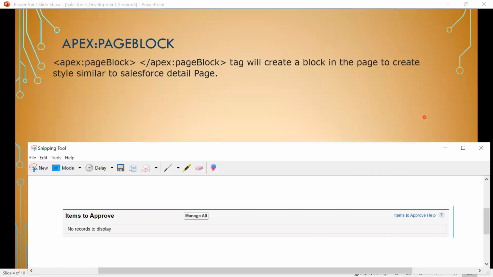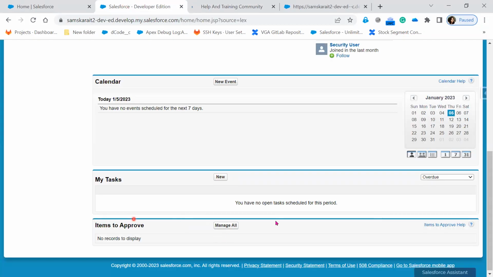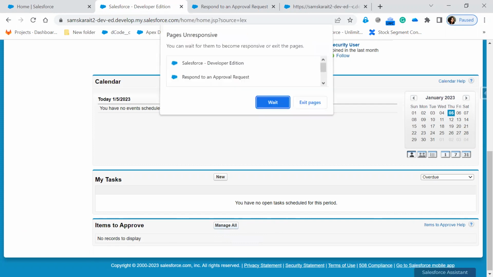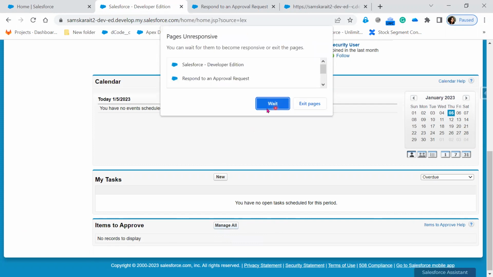Perfect. So if I click on that, what will happen? It will take me to another page. So exactly the same. Right now, forget about this button and forget about no records to display. Now I wanted to at least build this block. Whatever the outer block is there, we wanted to build it using the Visualforce page. If we have to build the Visualforce page,